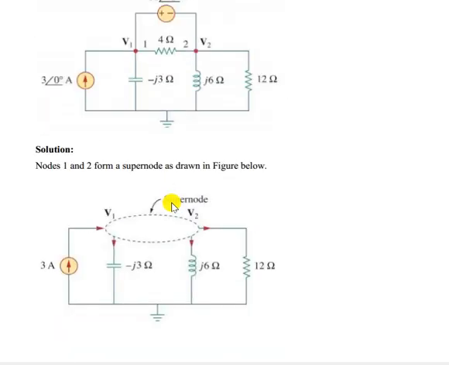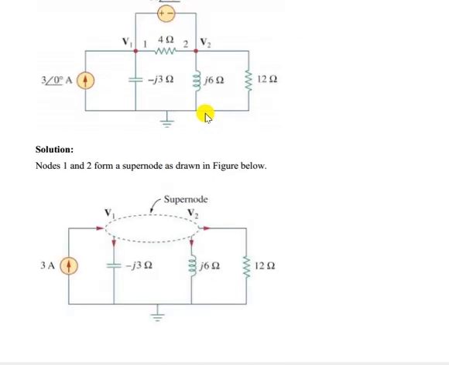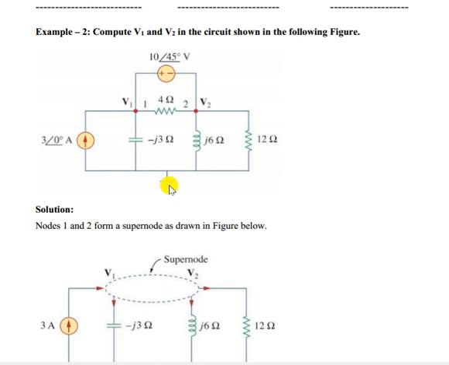Now the second problem, another type of circuit, where you have to find out V1 and V2. We can apply the nodal analysis technique. Between V1 and V2 to the non-reference node we have a voltage source, so we can combine them as a super node. In DC circuit analysis we apply a super node, and in AC circuit also we can apply a super node. Conceptually both are the same, only the calculation part is different. This is 3 angle 0, so 3 ampere, and it is given in the minus j6 term, so we don't have to convert that again.